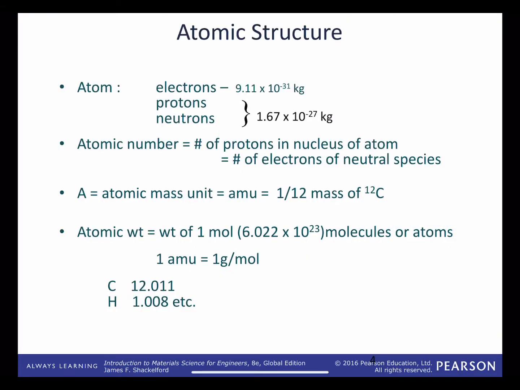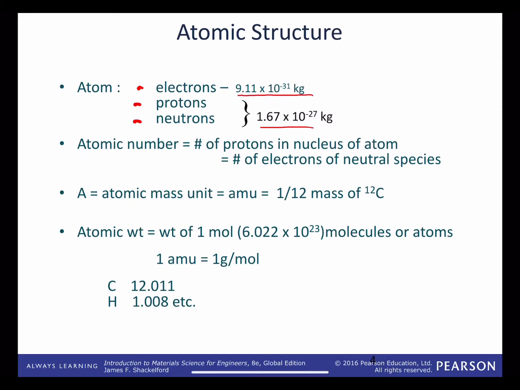Okay, so as part of a review, you may recall that the atom has three components. It has electrons, protons, and neutrons. The relative masses are indicated by the information at right here. So we can see here that both a proton and a neutron are very similar in mass, and they are roughly 1.67 times 10 to the minus 27 kilograms in SI units. And we note that the electron is much lighter in mass in that it is 9.11 times 10 to the